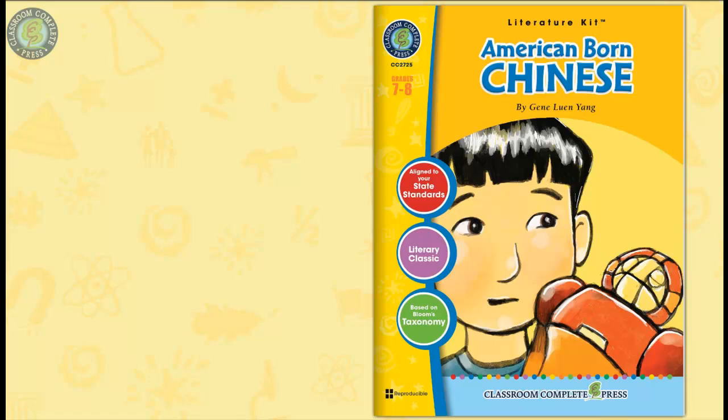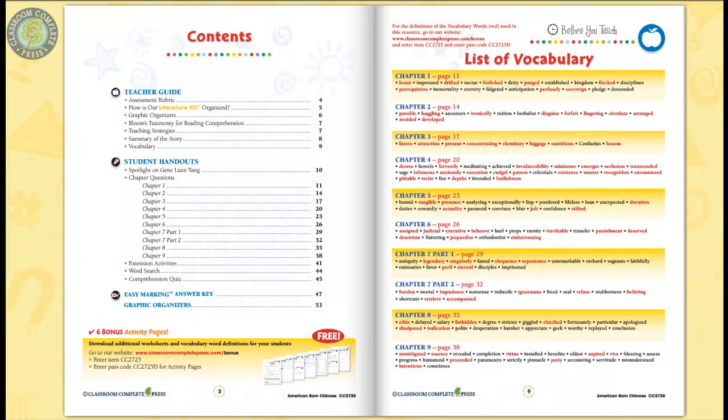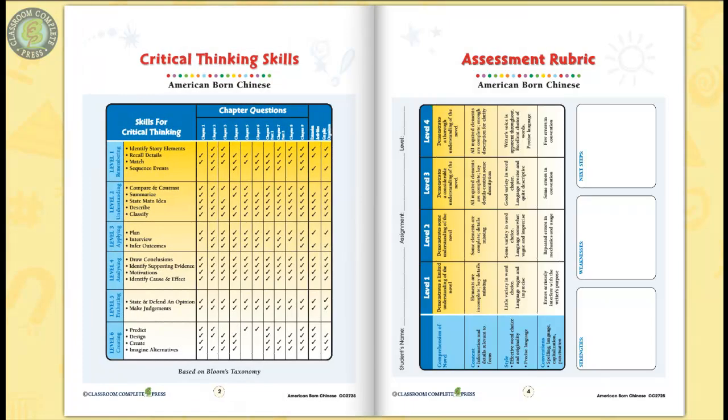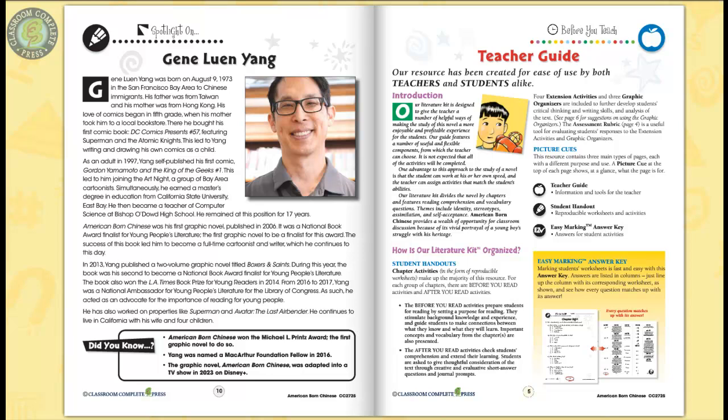This literature kit on American Born Chinese by Gene Luen Yang includes vocabulary and comprehension questions that help foster understanding rather than busy work. 55 pages chock full of a variety of scaffolding strategies incorporated in our Before You Read worksheets for each chapter section, along with vocabulary prompts to prepare your students for the reading, with rubrics, teacher guide, and